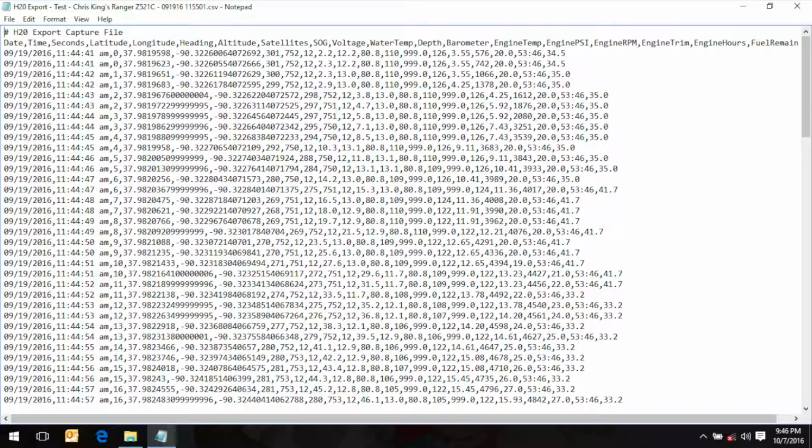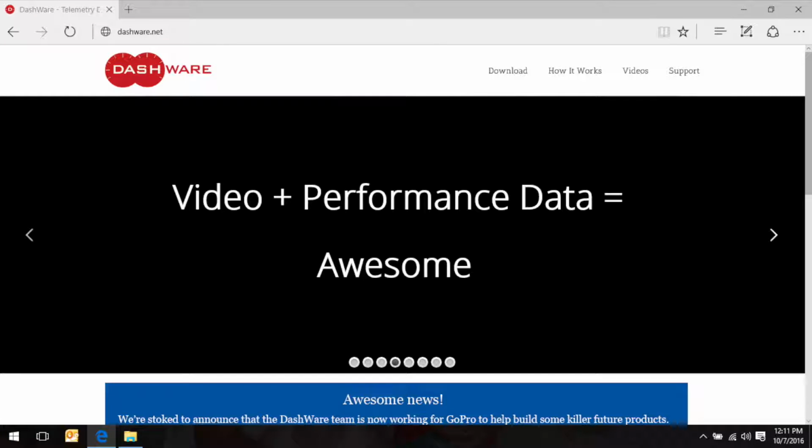To use your data in a video, use the individual CSV file that is saved to your device, or copy and paste the email values into a basic text editor and save as a CSV. The best video editor we have found for integrating data feeds is DashWare. DashWare is free and available at